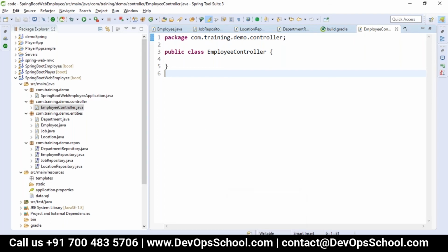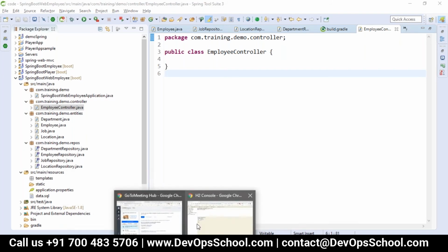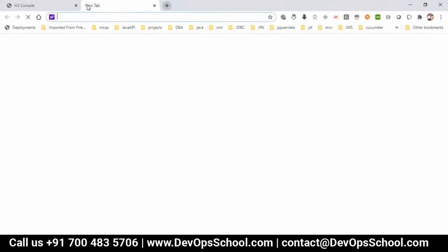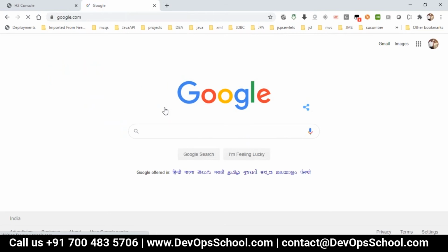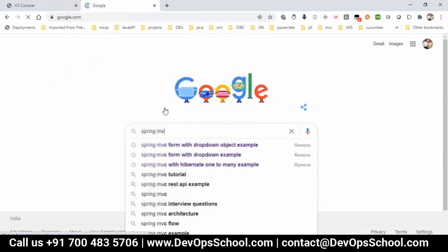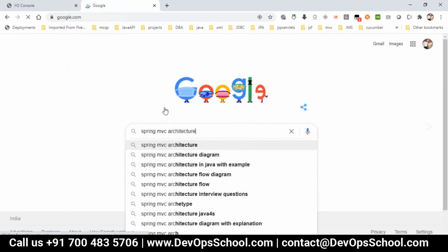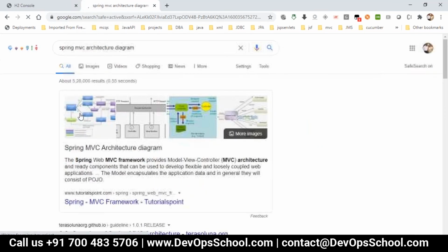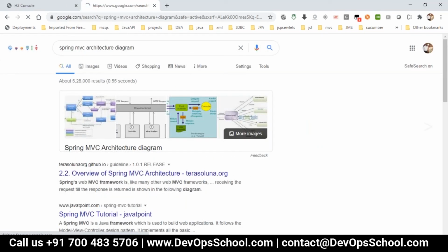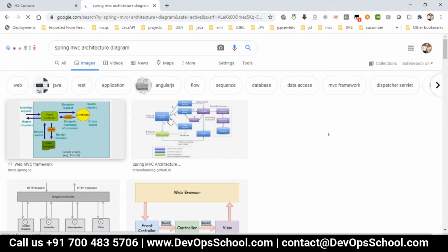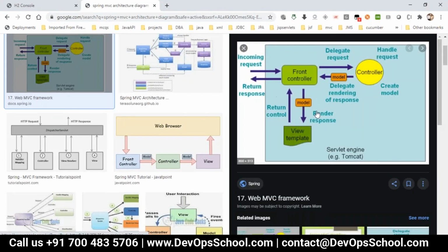Whenever you go with a Spring MVC application, let me just take an architecture diagram. So the normal MVC is, every request will be coming to your controller, and the controller will delegate your response to the model and then again to the view.